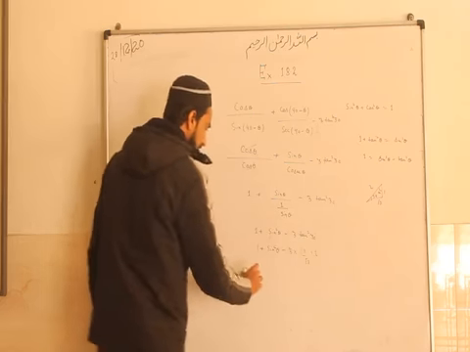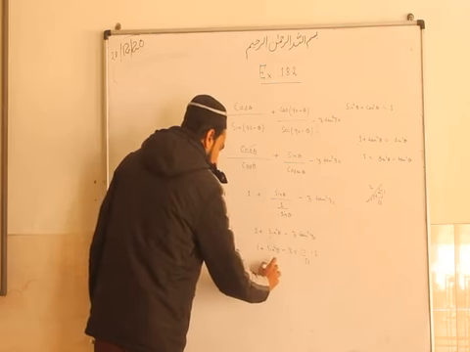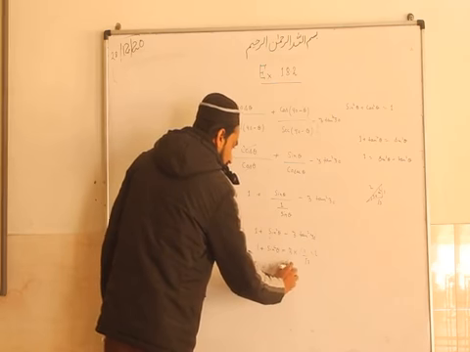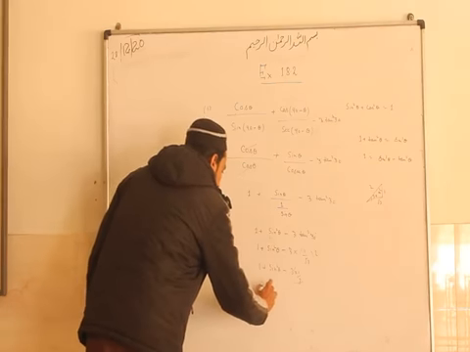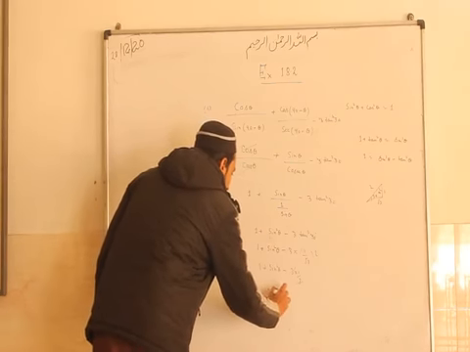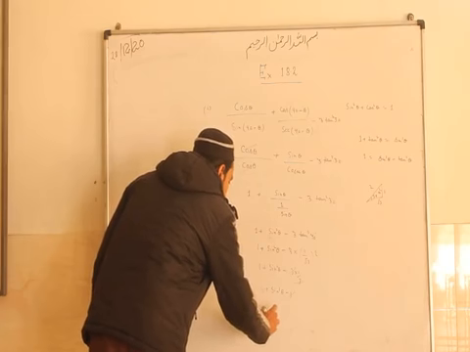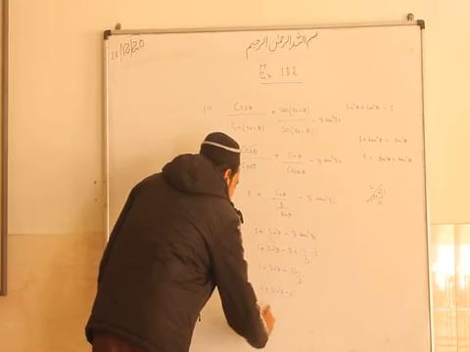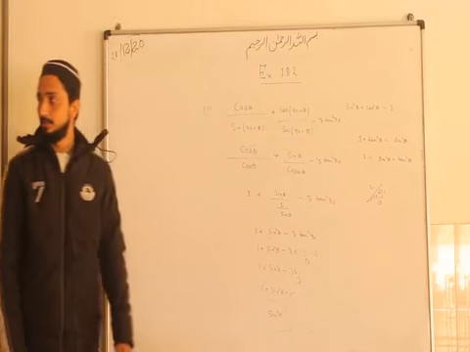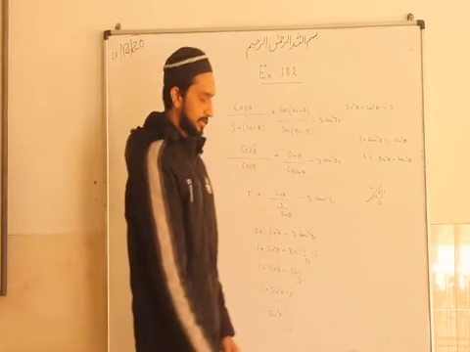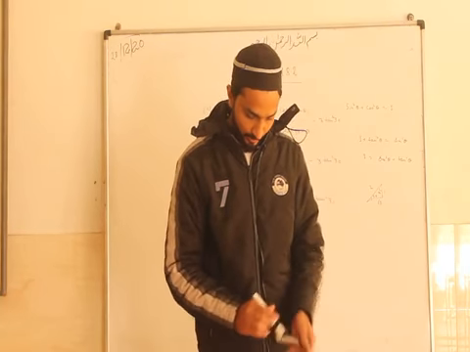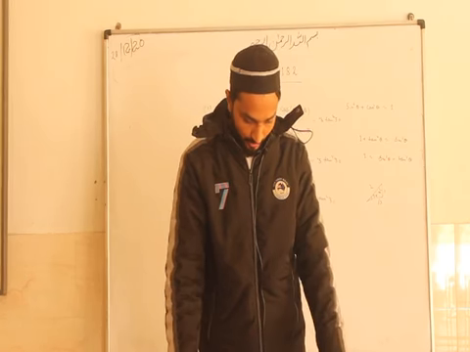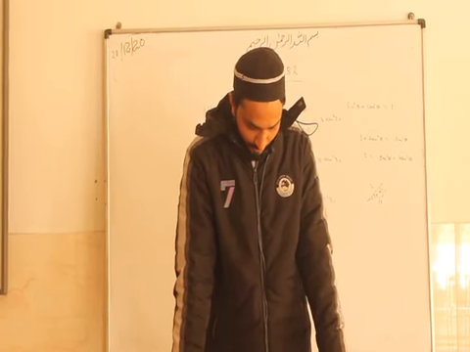So 1 plus sin square theta minus 3 into 1 by 3. This cancels out, so 1 plus sin square theta minus 1. The 1s cancel out, so the answer will be sin square theta only. This is the simplification. Similarly, question number 16 is